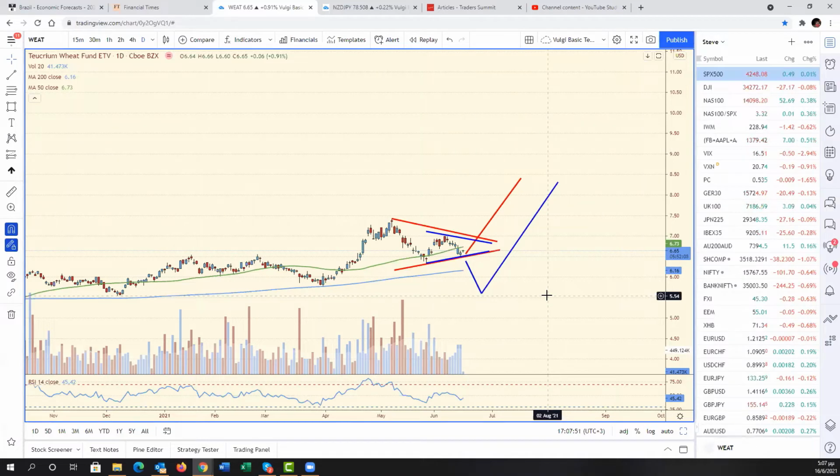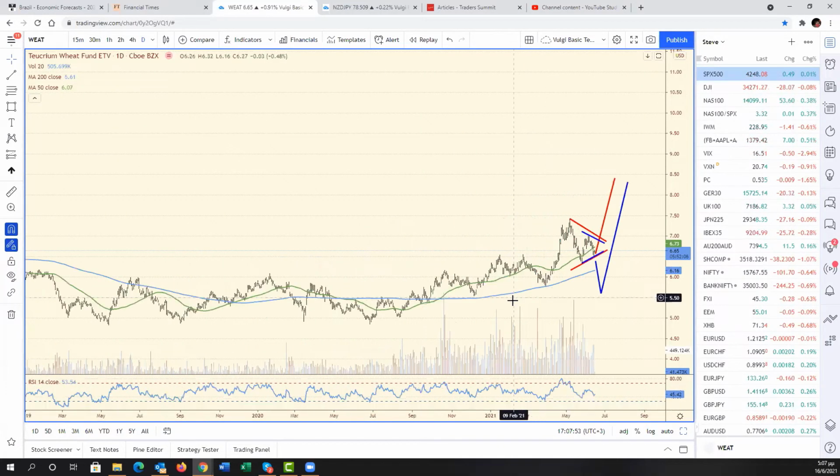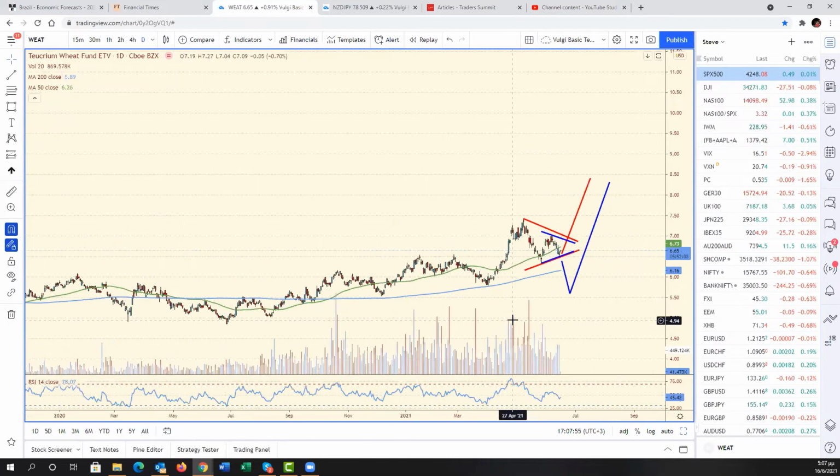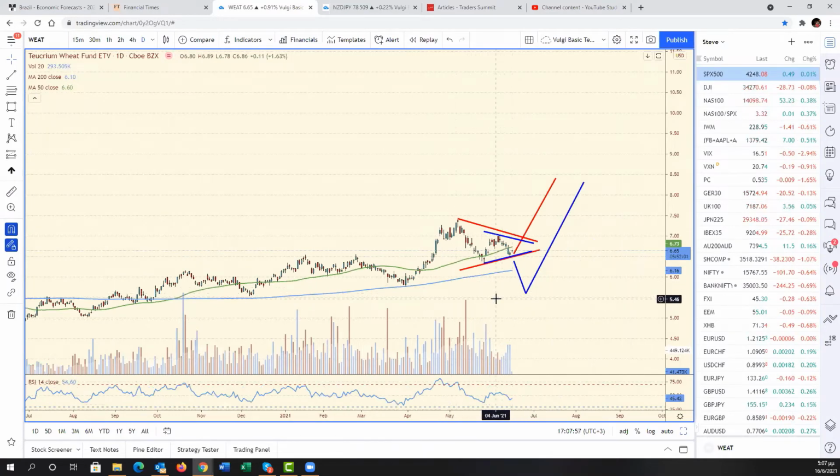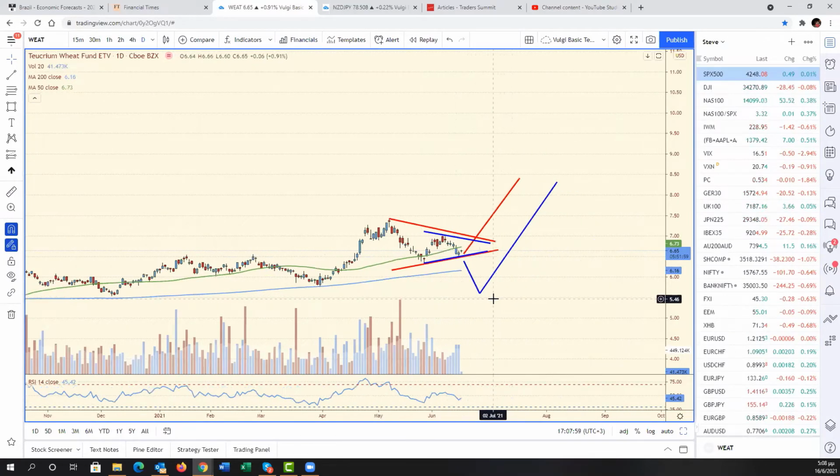In both cases, I expect more upside. Okay, so let me make this clear. In both cases, I think more upside is very, very likely. The question is, are we going higher from where we are, or do we need one more leg lower before we actually can go higher? I wouldn't be trading it at the moment, I can tell you that much, right? Because it's not clear.